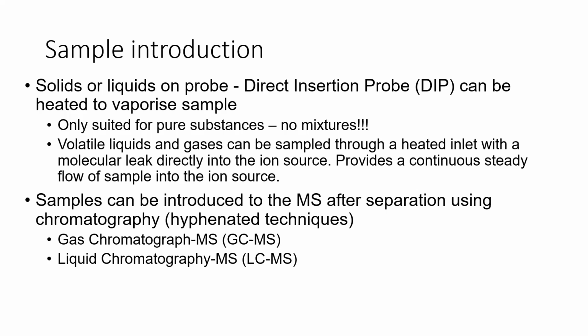Volatile liquids and gases can also be sampled, but you introduce them differently into the ion source, because they're already volatile and in the gaseous phase. So they don't need to go through insertion via the probe. They are directly introduced into the ion source because they're already vaporized, and they just flow into the ion source and the journey starts from there. And so samples can be introduced into the mass spec after the separation using the gas